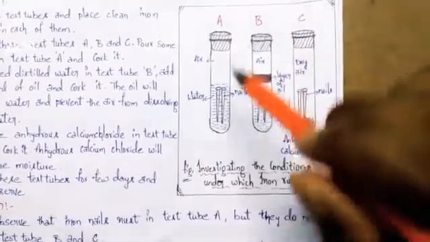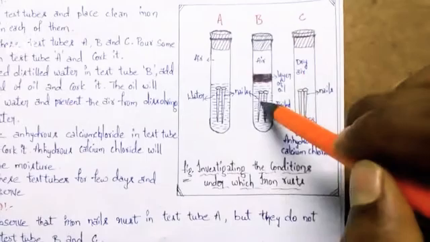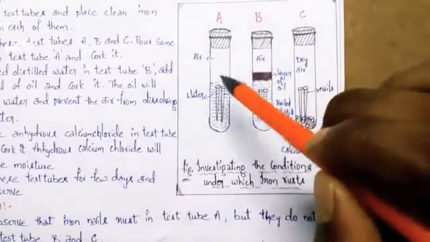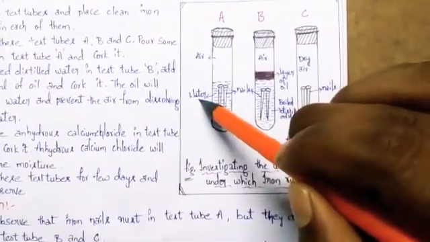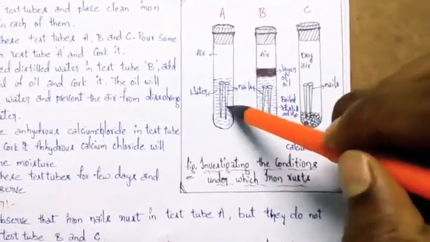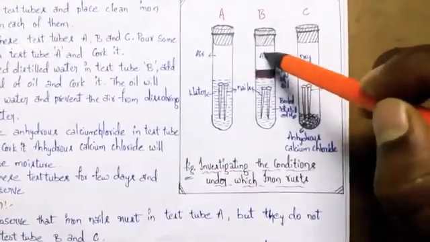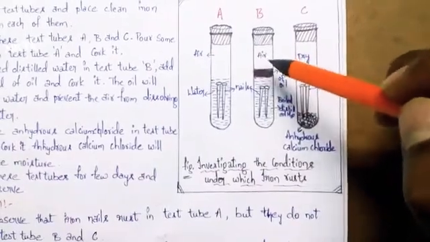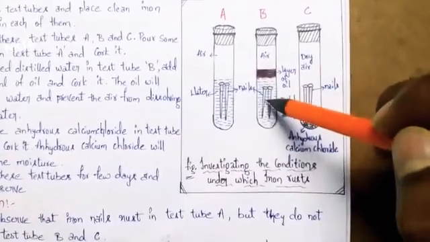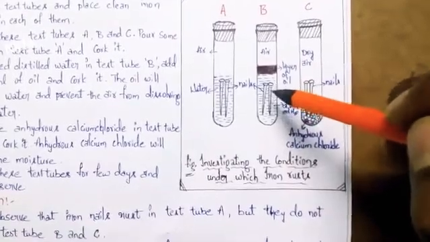Coming to the observation, we can observe that in test tube A, the iron nails are getting rust, but in test tubes B and C, the iron nails will not get the rust. The reason is that air and water will mix with each other and form moisture. This moisture leads to the formation of rust on the iron nails. Coming to B, the air is prevented from contacting the water with the help of the oil. So the air and water are not in contact. As only water is in contact with the nails, there is no moisture and the nails in B will not get any rust.